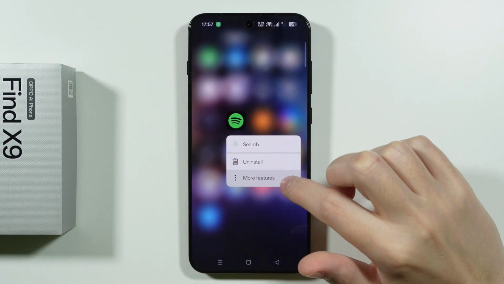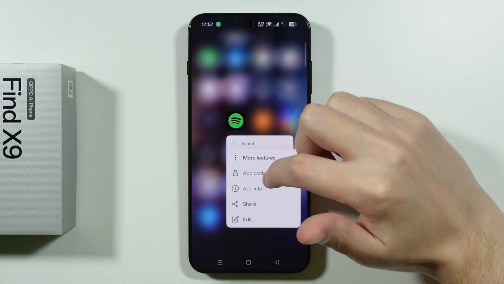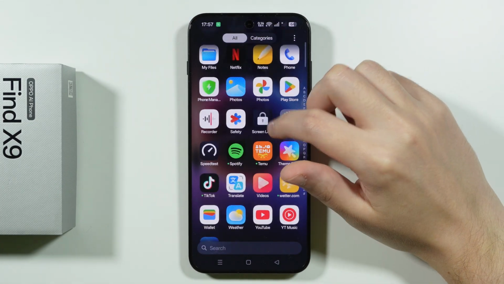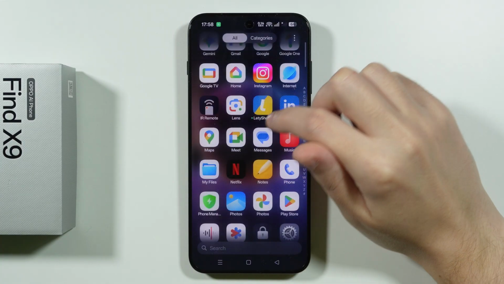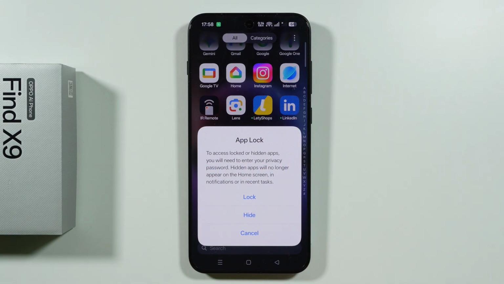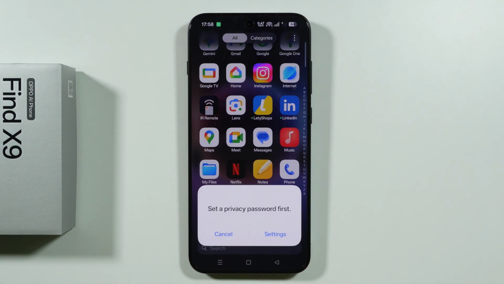Now in here, you might need to tap on more features in order to find the app lock option, or it might be immediately visible over here. So you want to choose app lock, and then we have the hide option. So you can tap on hide, but in order to be able to hide the app, you need to have